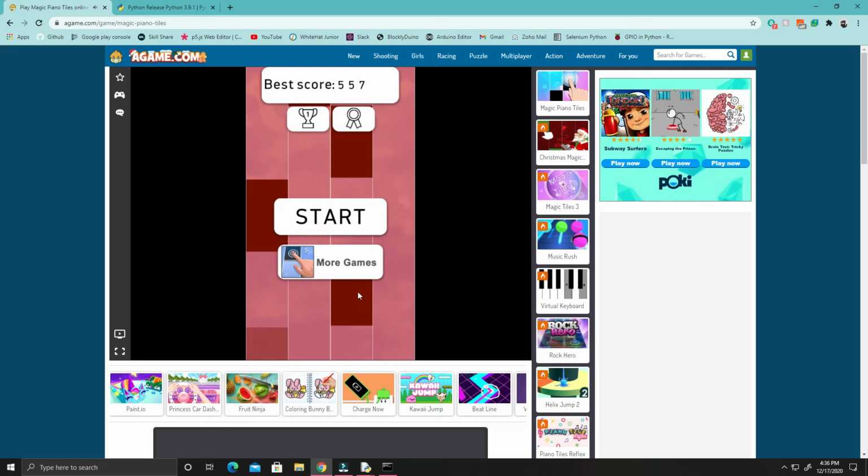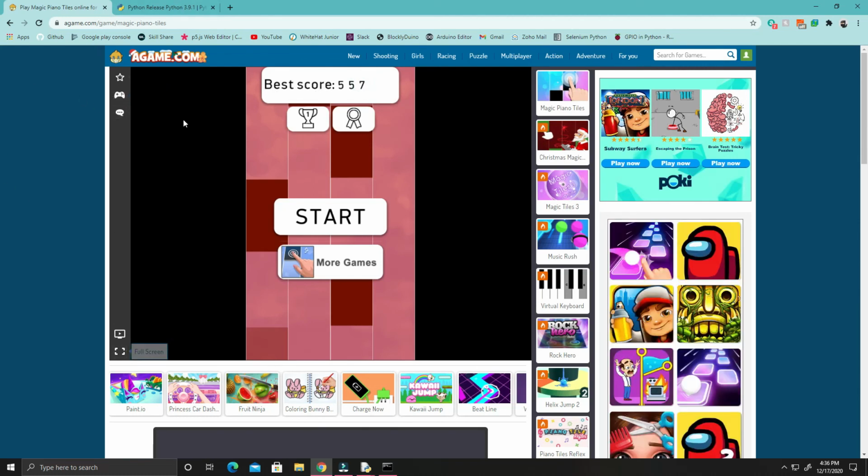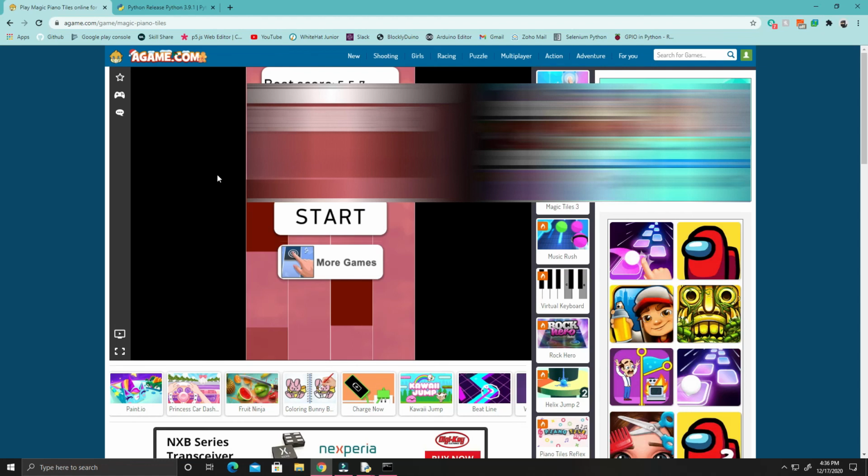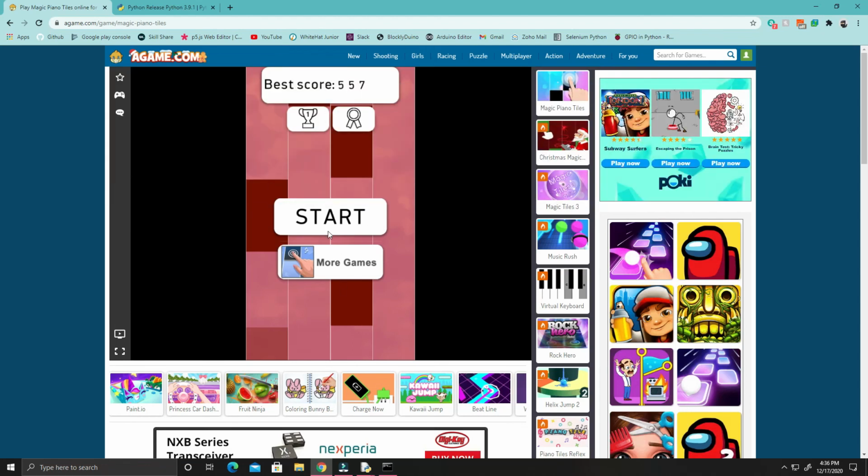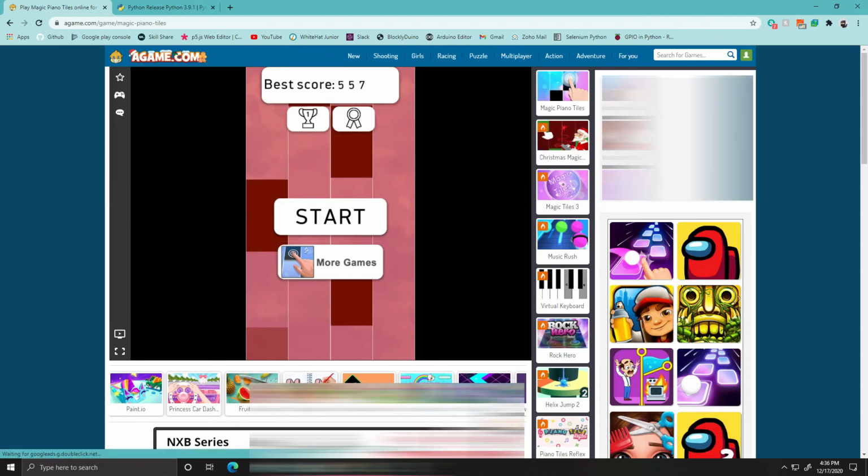Okay, there are some problems. Those problems are caused while the game is moving fast, there was some lag in the website, those kind of things. But if you could just run this piano tiles in an emulator or something, like download it and run it offline, it will probably be good.